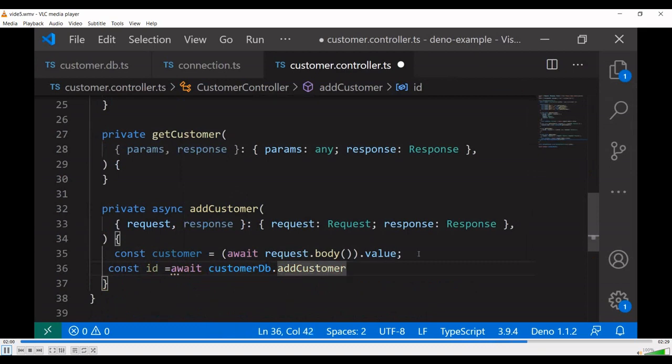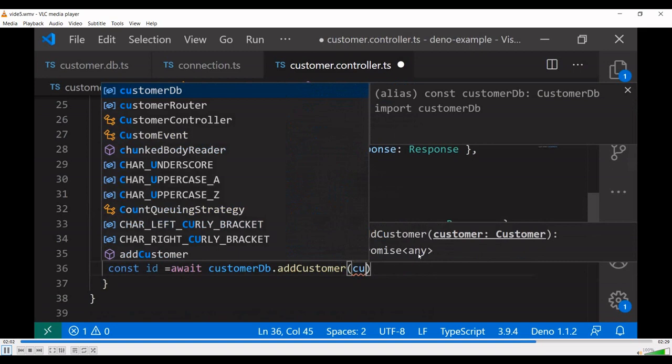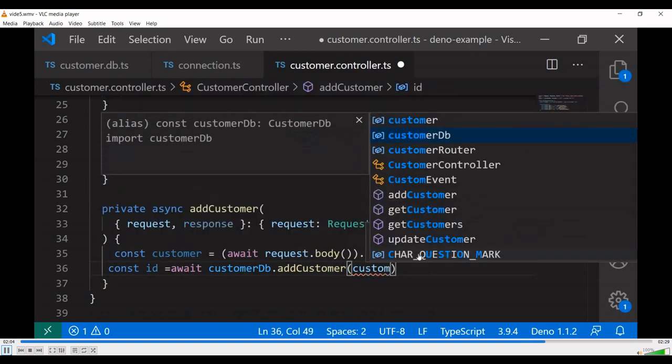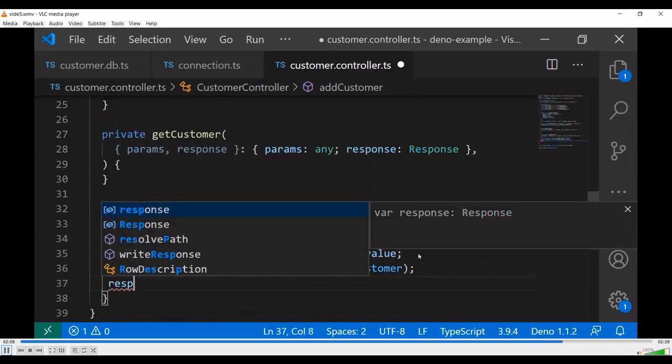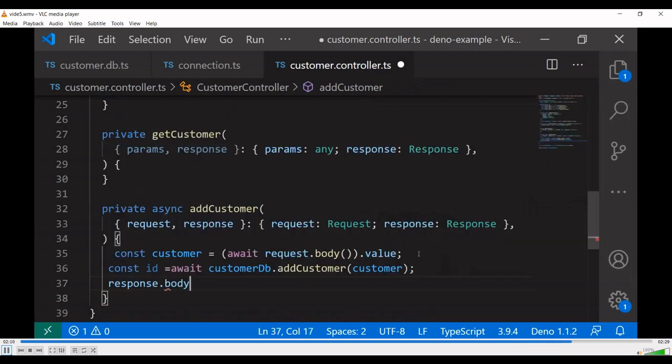Add customer of the customer object which is coming from the body information, and print the newly created customer ID. Body equal to customer ID. Let's test in Postman.